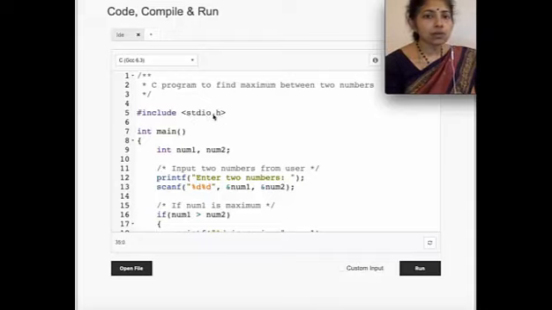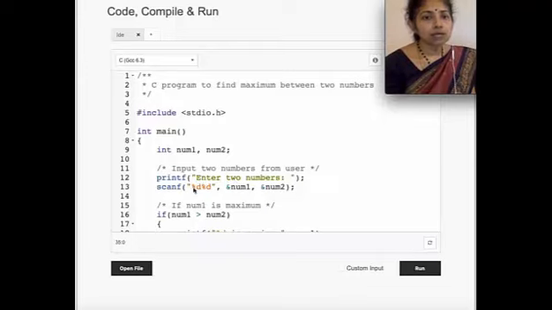All input-output statements will be there in this library, and we can make use of their functionality by just calling their name. So printf has an inbuilt routine which tells the system to display this message on the monitor.